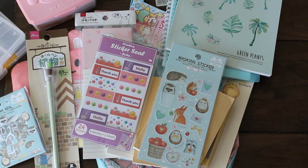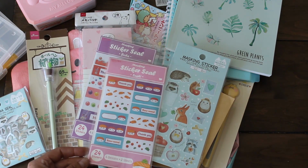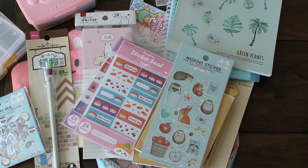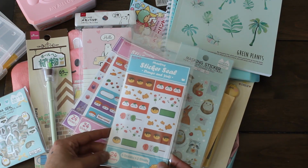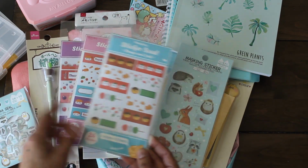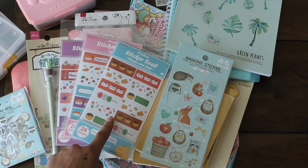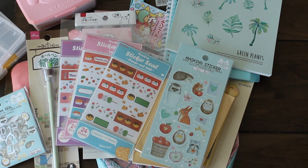And then they had other stickers as well. Sticker seals here, this time with sushi. So we're going to give that. And then have this other one with dango and yaki. So I'm going to share some of this with my friend Joanne. She recently went to Japan. I think she might want to add this to her